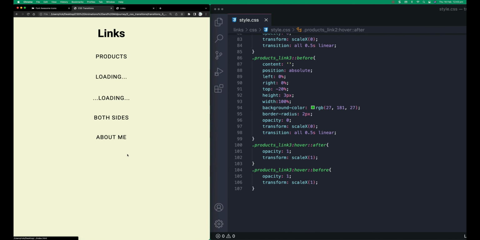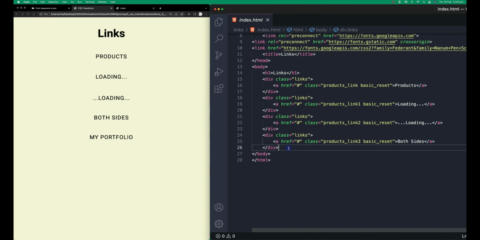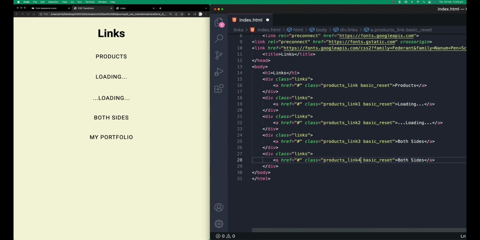Look at this one. So when I hover, the original text is disappearing and about me is showing up. Okay, so this one is going to be a little bit more complex, but it's okay, we can do it. So I'm going to close this part here. Let's do the index. So here I'm going to copy this, and inside I will use the same product links for basic reset, and here instead of both sides I'm going to add a span here. Okay, and this span can have a class of original